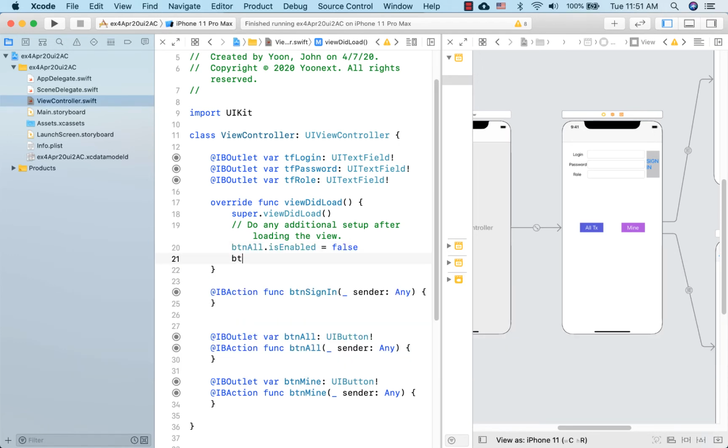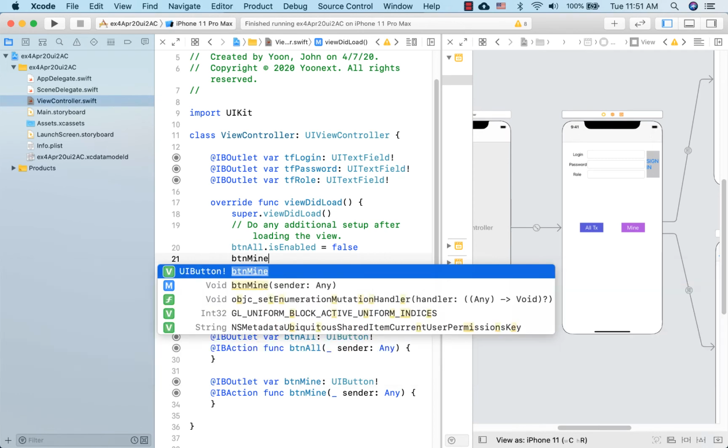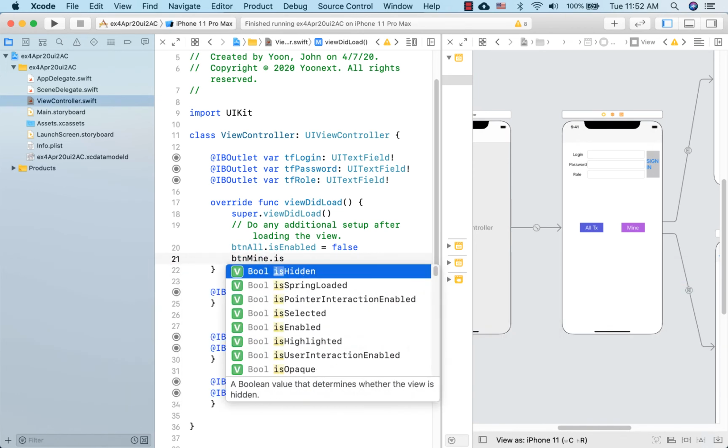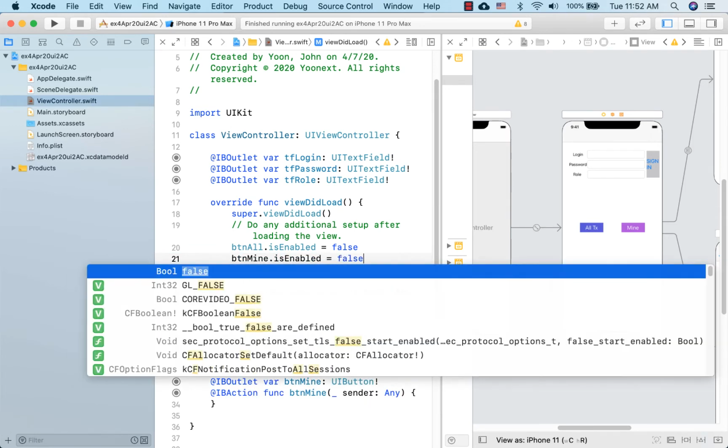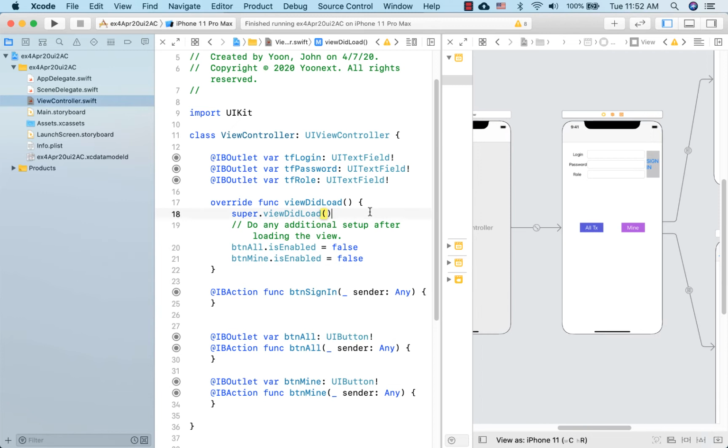Same thing, btn mine dot is enabled, then that is false. Okay, so initially this is shown but is not clickable. So depending upon user input, we need to decide here